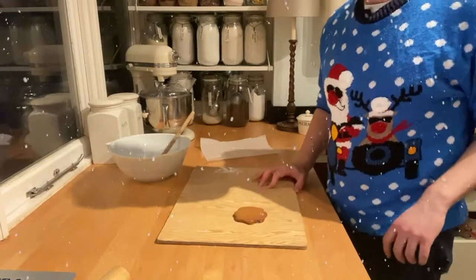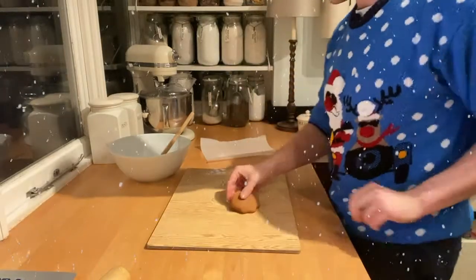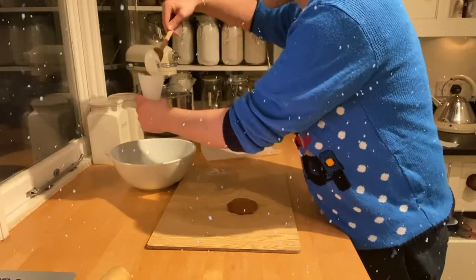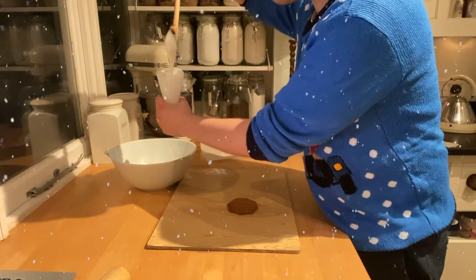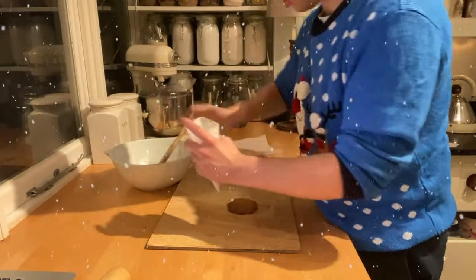So in true Blue Peter fashion, here are some that I made earlier. You can see they're kind of nice and thick, slightly chewy and crumbly, absolutely lovely. Using our piping bag, you just want to take some of your icing and drop that in there. It should be quite thick, and that's what is going to give us the chance to hold the lines